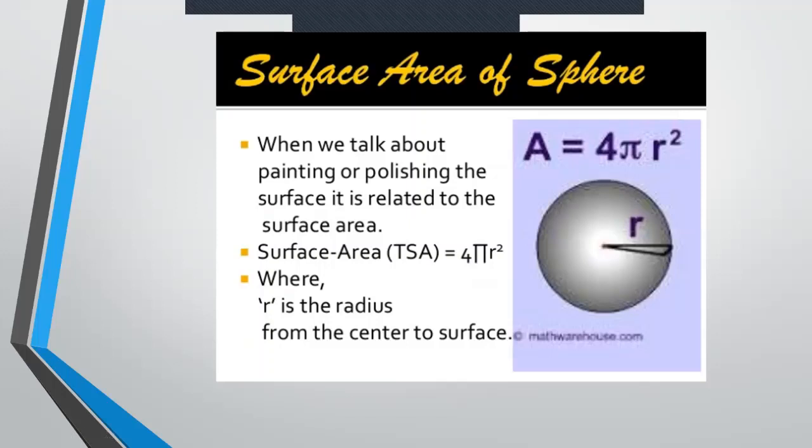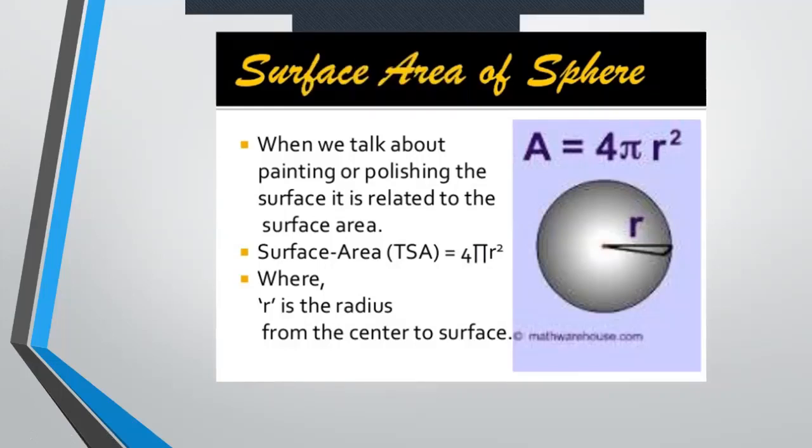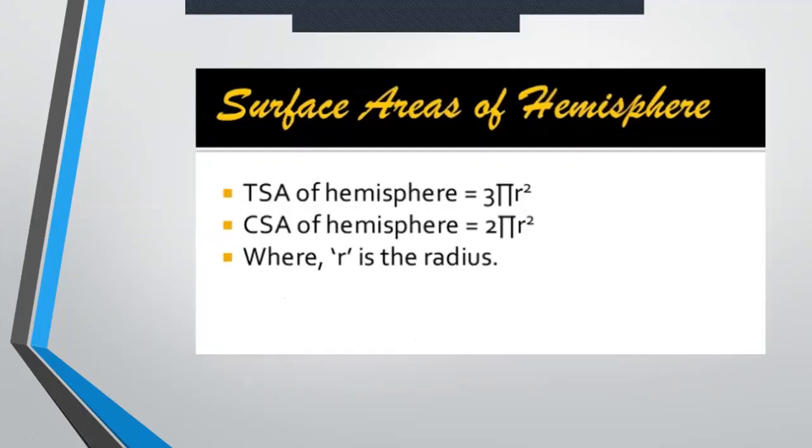TSA stands for total surface area, and that's 4 pi r square, where r is the radius from the center to the surface. We don't have any h here because h is nothing but equal to the diameter, which is equal to twice r. Now, you will always take the pi value as 22 upon 7, and only when asked, go ahead with 3.14. Moving further, please